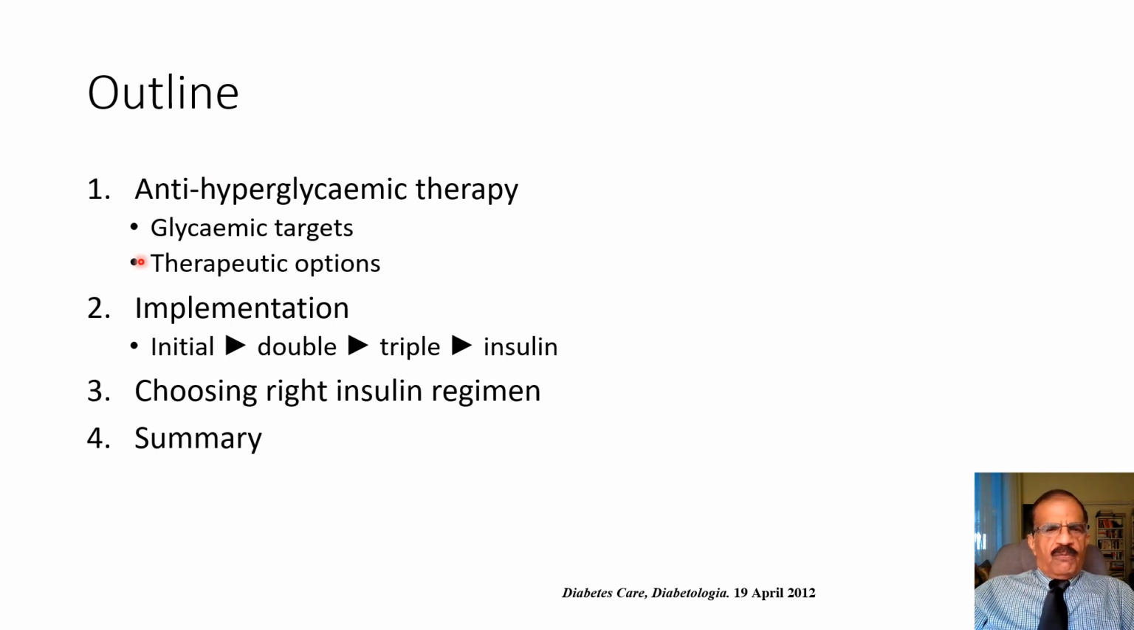The outline of this presentation is, first of all, of course, the aim is to get our glycemic goals achieved, and we implement that plan. We usually start with oral agents, we make them double, then triple, and then ultimately almost all type 2 diabetic patients, if they live long enough, if they do not die of diabetic complications